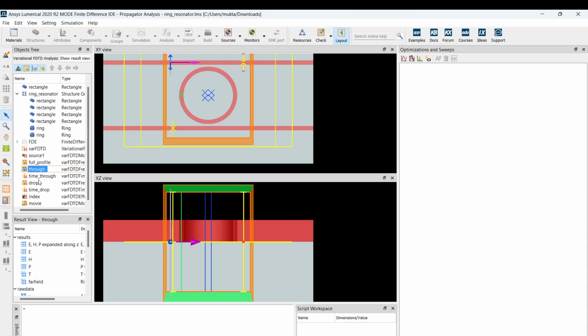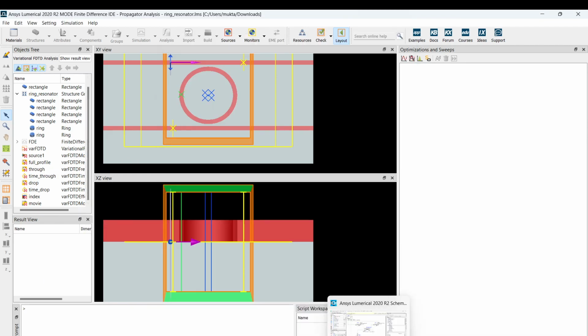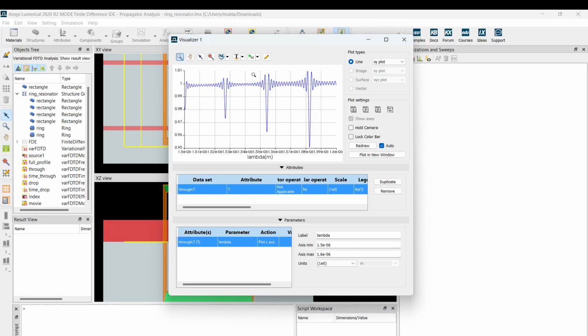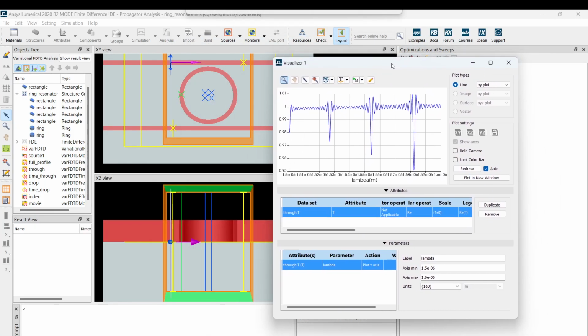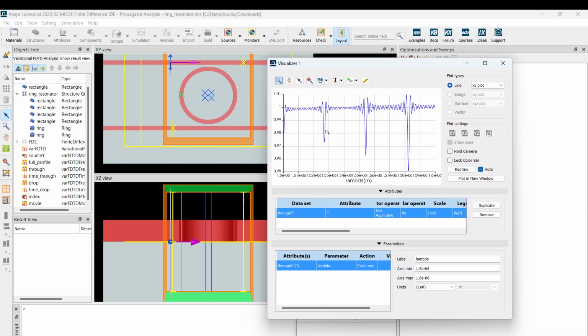Then let's go ahead and look at the throughput. Sorry. You see this? So we see that for some of the wavelengths, the losses are high. What does that mean?